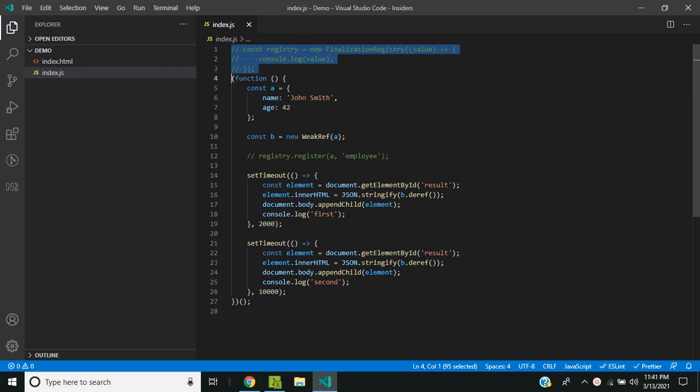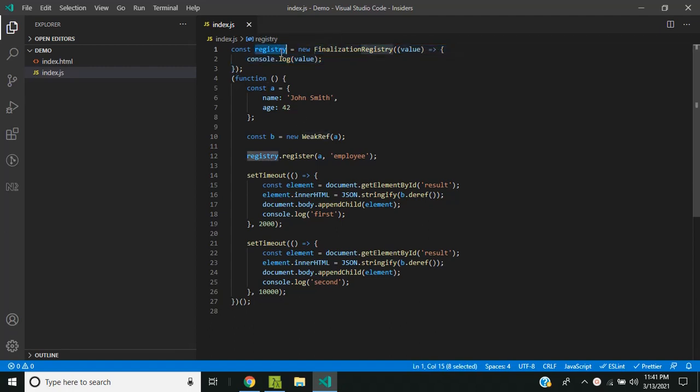Another feature which can be used in conjunction with WeakRef is the FinalizationRegistry, which will also be introduced in ES 2021. FinalizationRegistry provides an option to register a callback which will get executed whenever the particular variable is garbage collected. Here is the syntax.